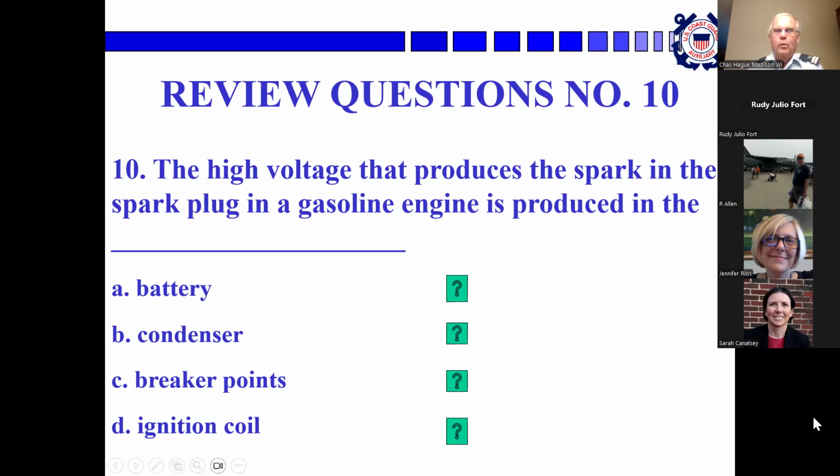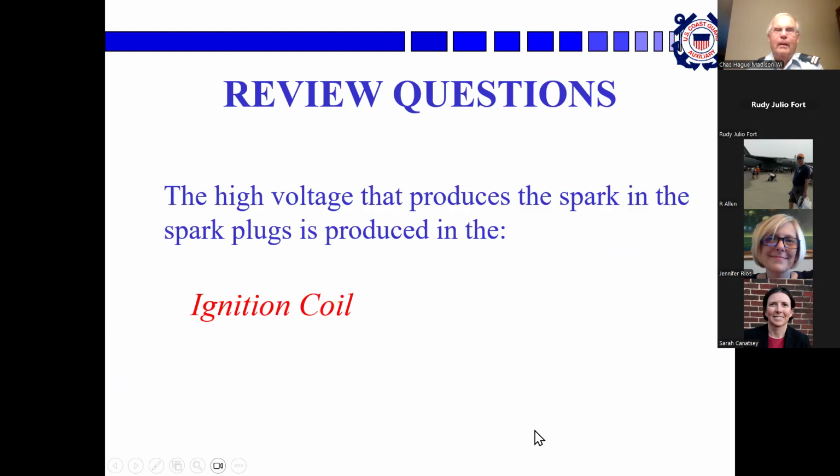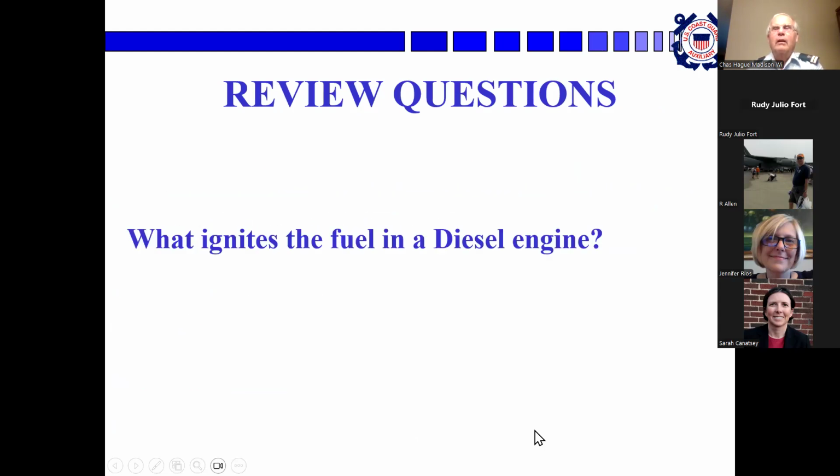Sarah, you can't miss this one. I told you all about how it worked. I know, D, ignition coil. D is it, yeah. Okay, now the rest of these are from the book, so it doesn't have the fancy little